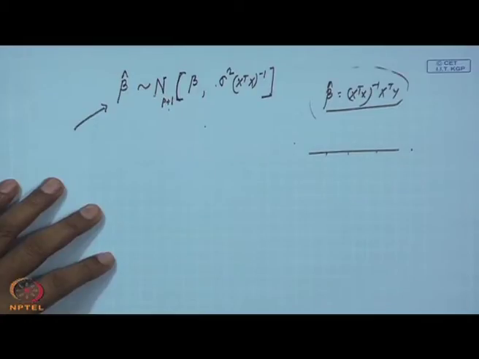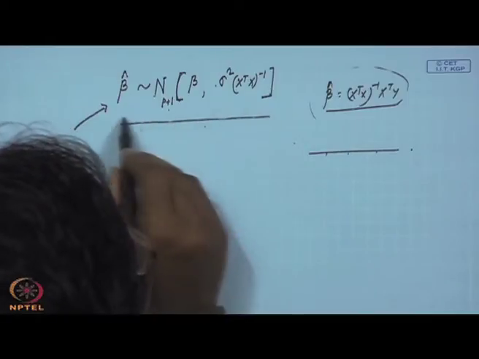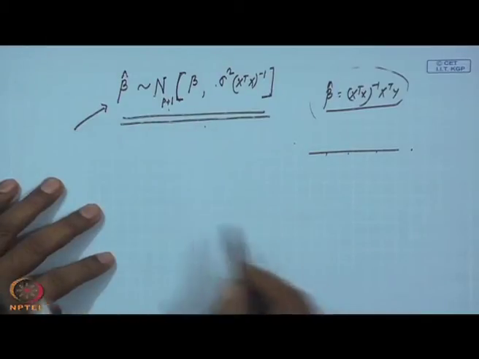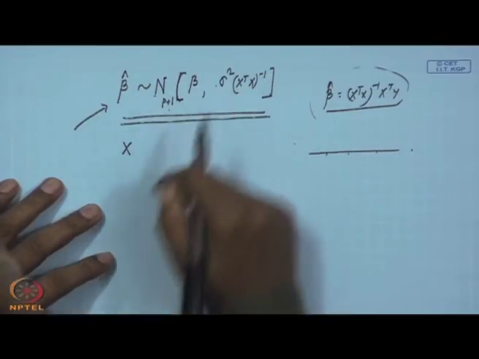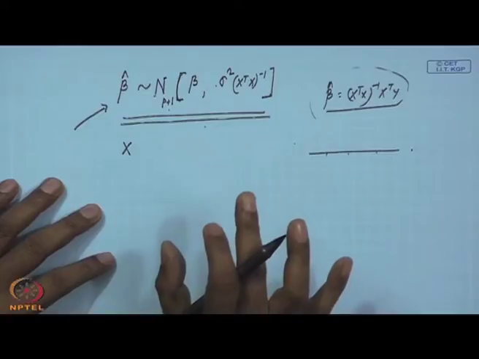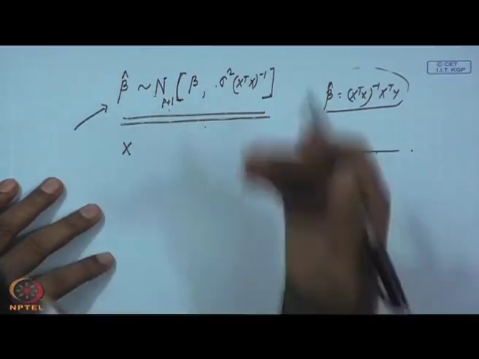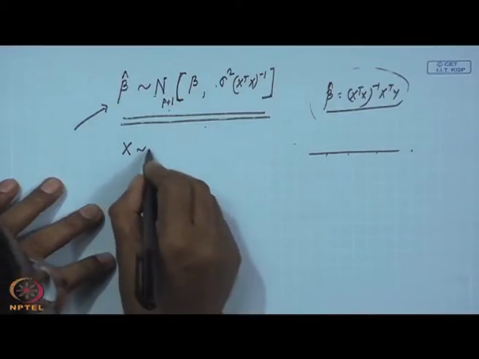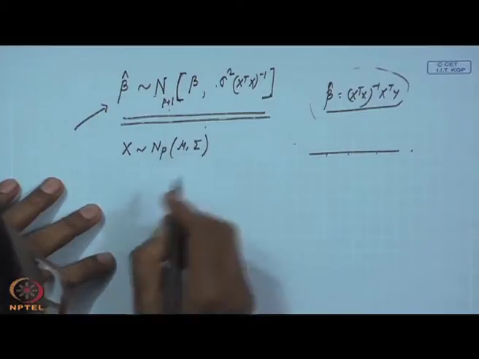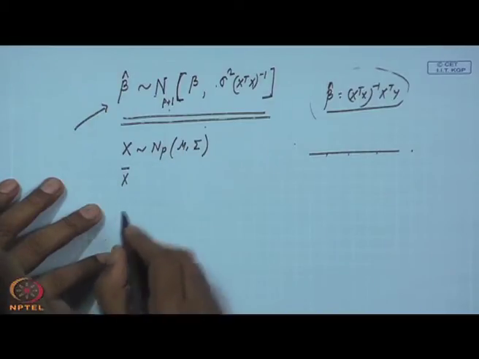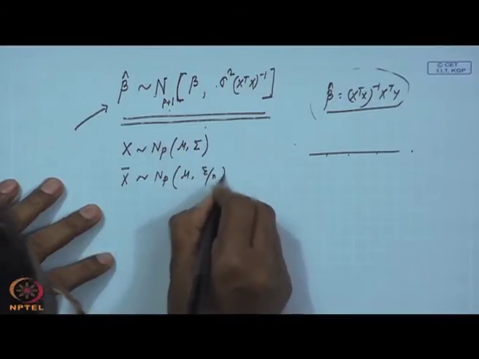Now, if this is the case, we will go back to some earlier lectures, where we said that if x is not a one-to-one relation, we can still get some clue related to beta for some more derivation. We have seen that suppose x is multivariate normal with mu and sigma, then we calculated x bar, and that one is also multivariate normal with mu and sigma by n.